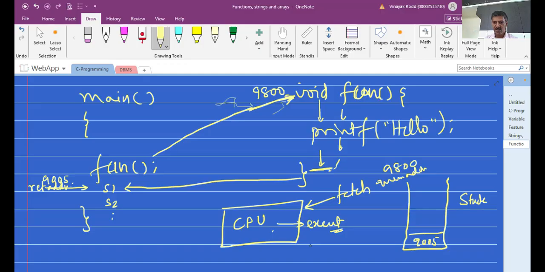Okay. So what CPU does, whenever it reaches the end of the function, it will consult the stack, and whatever is there on the stack, 9005, it will take that and then start fetching. It means statement S1 will be executed next. Okay. And then it proceeds like that. So this is the function call, what we call the overhead. It means there are some computations that have to be done when you make a function call. It means something has to be pushed onto the stack, and then something has to be popped from the stack